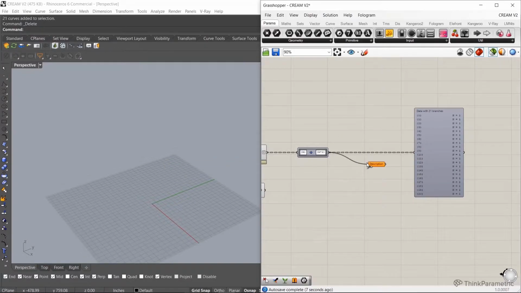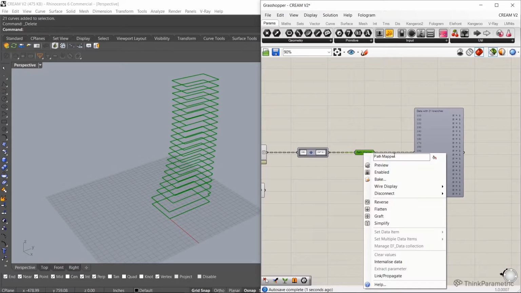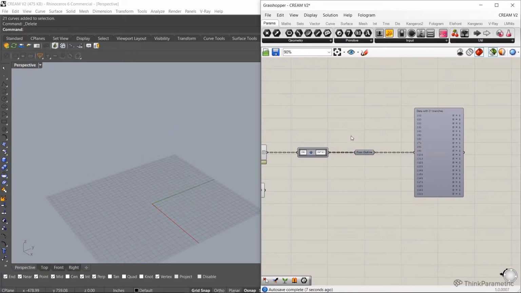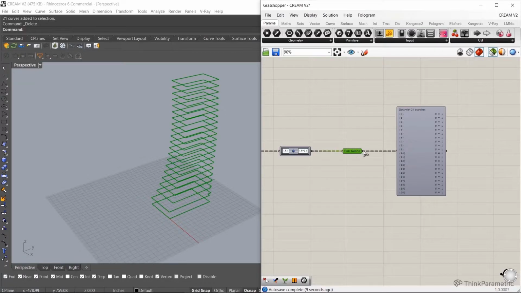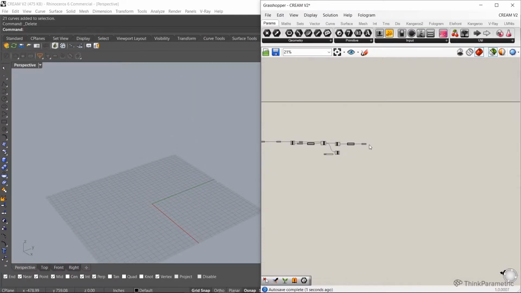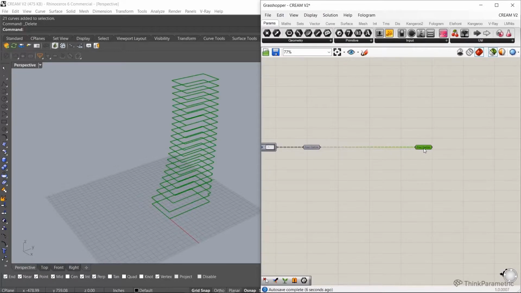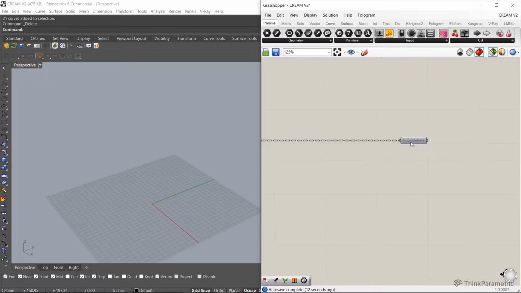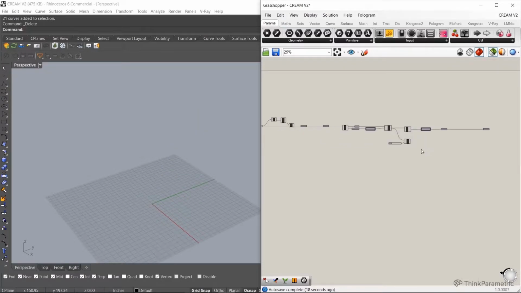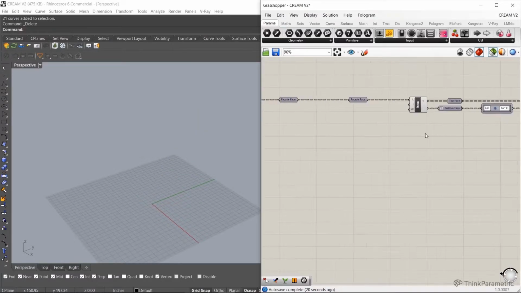Let's just end this in data description and we'll call this floor outline. Okay, and we'll move this ahead. Of course, we could go ahead and extrude these and turn them into floor plates, which we might do later on. But right now, that's all I need at the moment. I'm just interested in the outline for now.